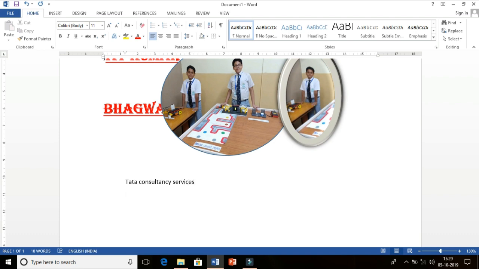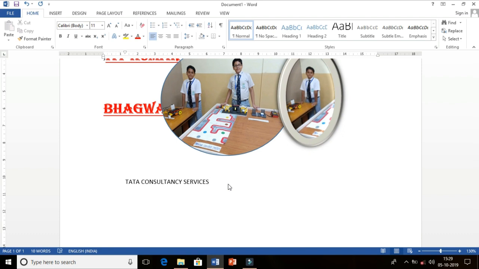Now I want all the characters of this text to appear in capital letters. So this option helps you. Select this text, go to the change case option, and simply click on uppercase. So all the text is converted to uppercase letters. This is called the change case option.